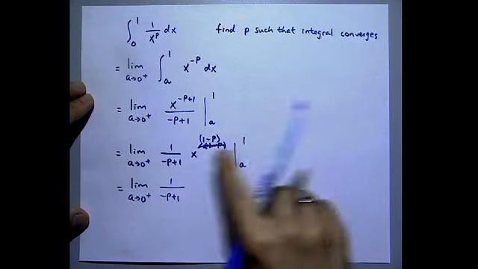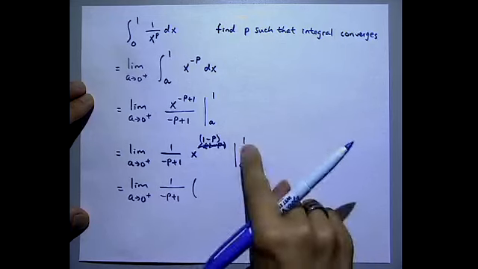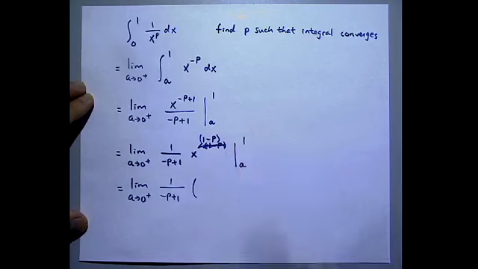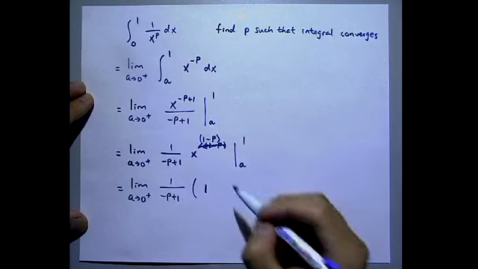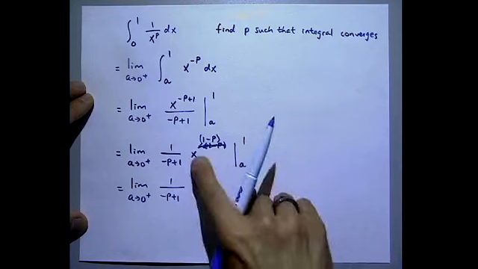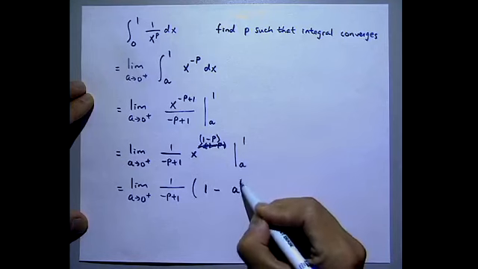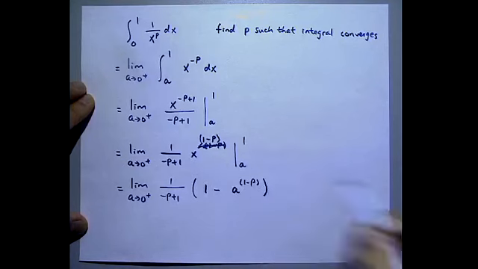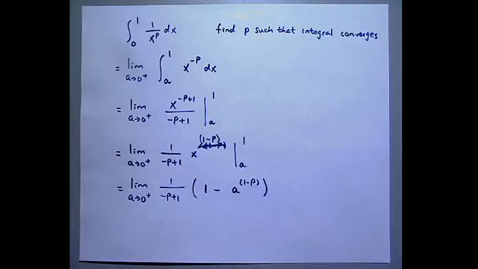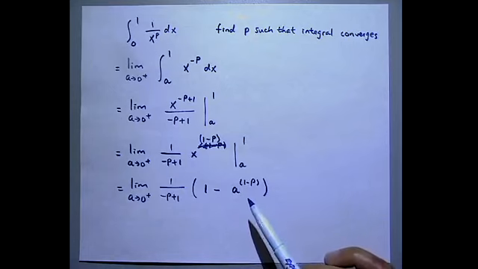So first we get 1, right? And when x is 1, 1 to any power is 1. Not a big deal. Minus x becomes a. Now, a is going to be a very, very small positive number. How do you